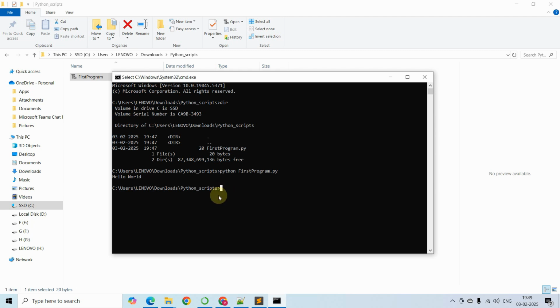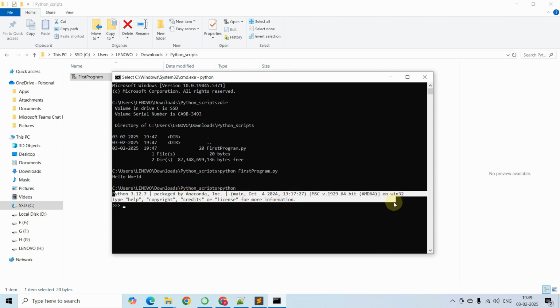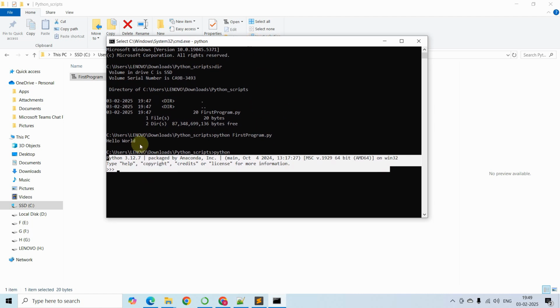And next thing is, for viewing the Python version using the command prompt, you can just type in python. You can see the Python version installed is 3.12.7, packaged by Anaconda Incorporation. So this is how you can visualize the Python version using this